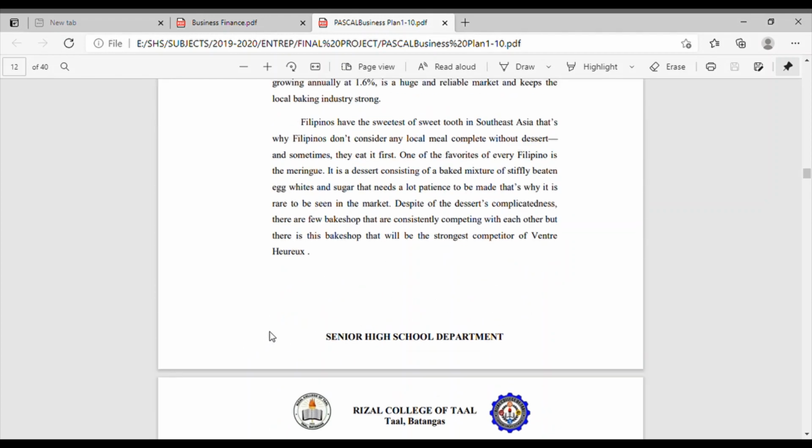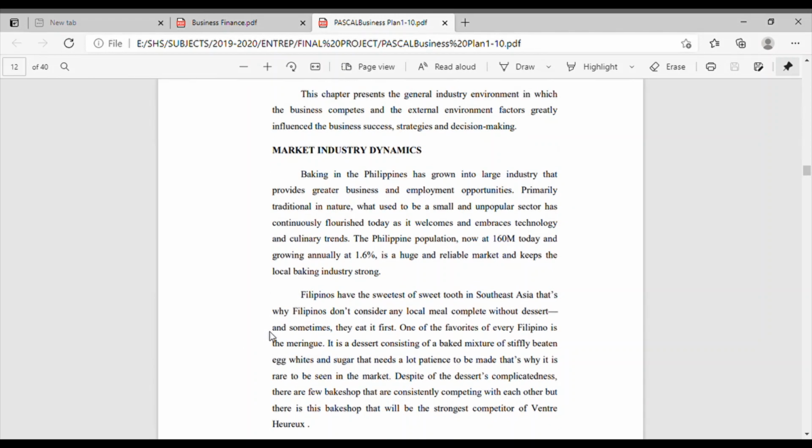So, in understanding the market industry dynamics, nagkaroon sila ng comparison from a business na nagpa-perform dun sa industry na yon. So, example, sa kanila ano ba? Sweet yung kanila, di ba? Merang food, merang yung kanilang ino-offer. So, about baking yung nakuha nila na company. Kasi pinagawa ko, para maintindihan nila yung market industry dynamics, kailangan pag-aralan nila yung performance or yung magandang performance ng industry base sa performance ng isang business.